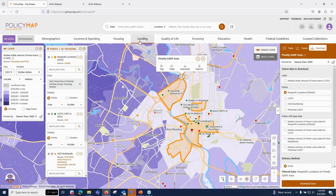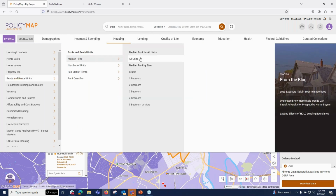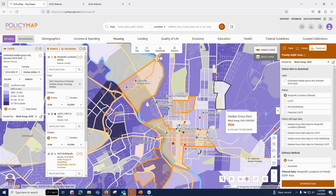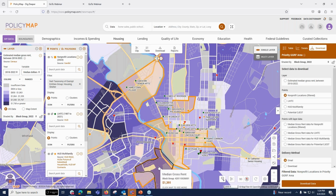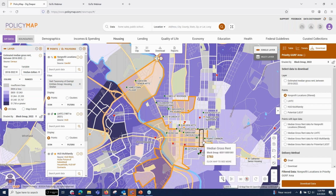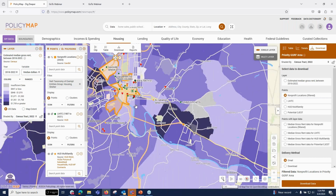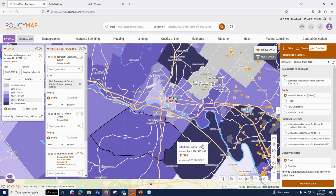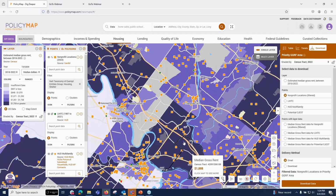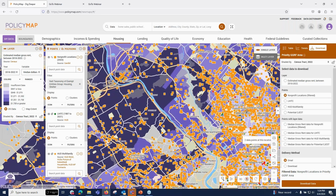You could also be interested in what rents were like. So if we look under the housing tab, we can look to see rents and see the median rent in these places, and be able to see that, okay, this area has a higher median rent at $1,391, and then these are the lower rent areas as we mouse over our target area. You can similarly look at, we can pan all the way down to Philadelphia, because when you load it on for one area, it's happening for the rest of the country as well. So we can see, in Philadelphia where all of those